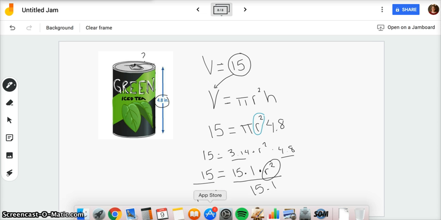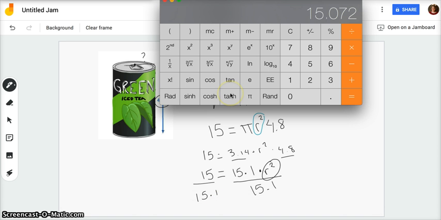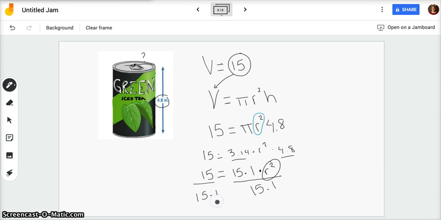So 15 divided by 15.1, oh, that's going to be really close to 1. 15 divided by 15.1 is, sorry, I typed that in wrong. There it is, 0.99. So let's go ahead and round this to 1. We're going to round it to 1 because this is really, really close to 1. So we're going to say 1 equals